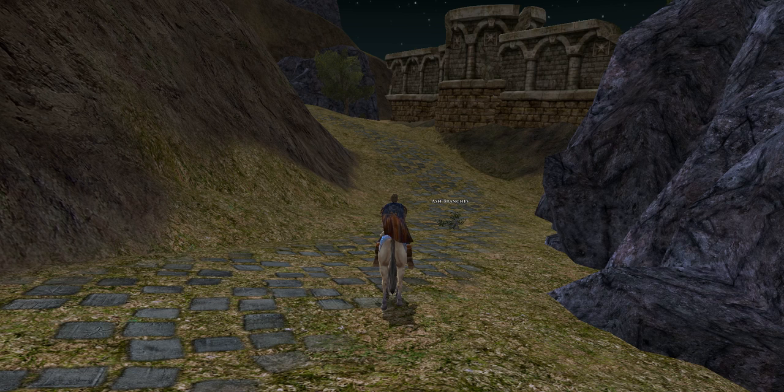Ahead, we see a stone wall that's very reminiscent of the type of stonework that we see in Bree and also in the Barrow Downs. And I think this is what prompts Merry to say in this next paragraph,